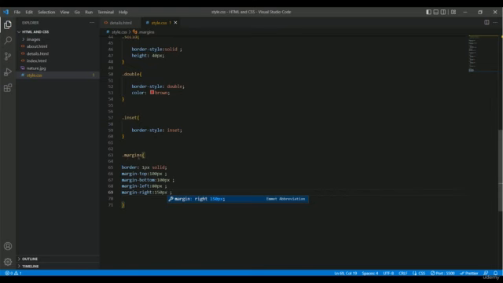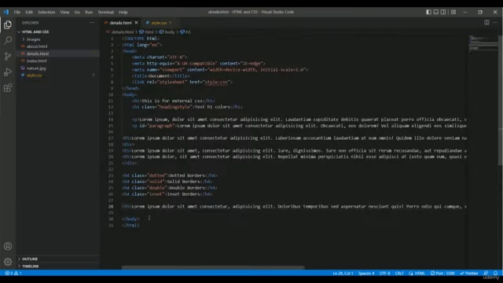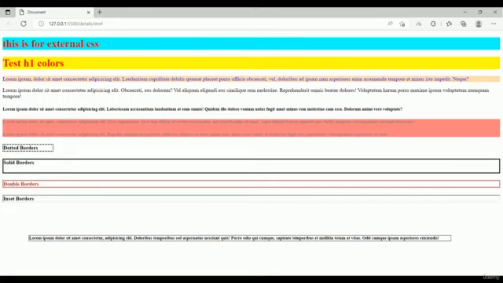Okay, so let me save it, and now we have to declare, or we have to place this margins class in our text. So you know how to do that. You just have to put a space before the greater than sign, and you have to type class, and inside the quotation marks you have to type margins. Let me save it, and now let's take a look how it looks in our live server. So you can take a look, we have the text in here. Okay, we got the margins in here,